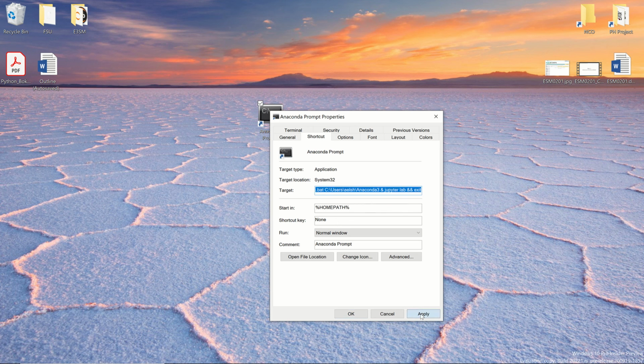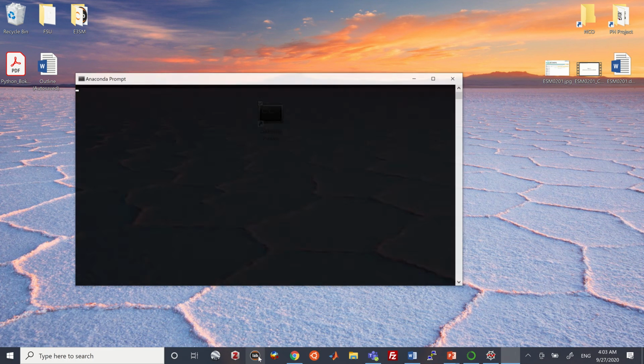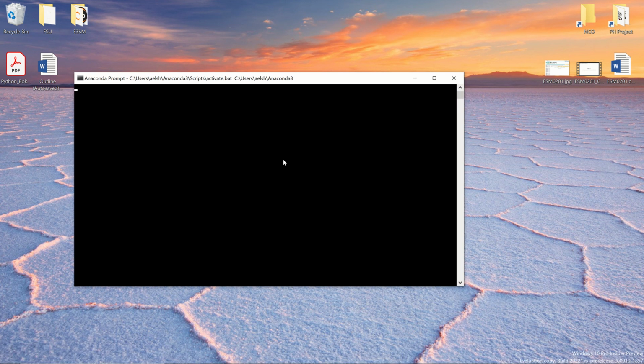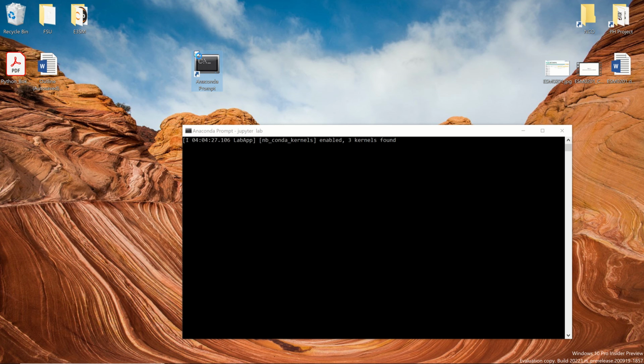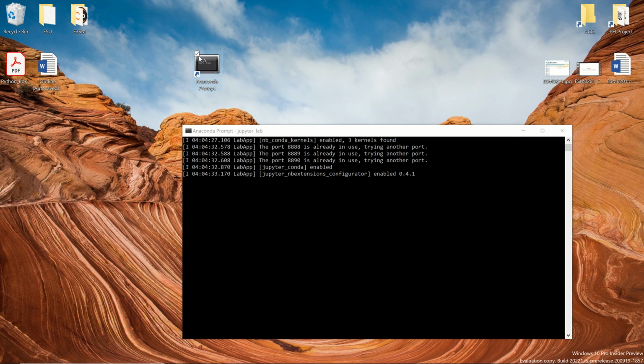Then you click apply, you click OK. So that should be a shortcut for Jupyter Lab. You can make it more beautiful by changing this. Oh, it's working. Now you can go to properties.